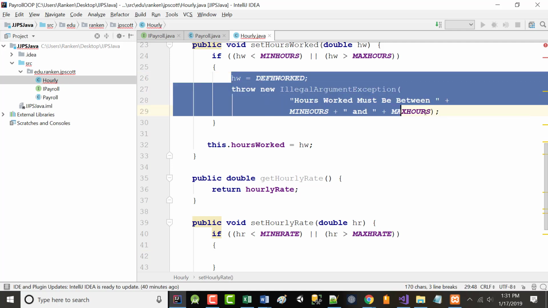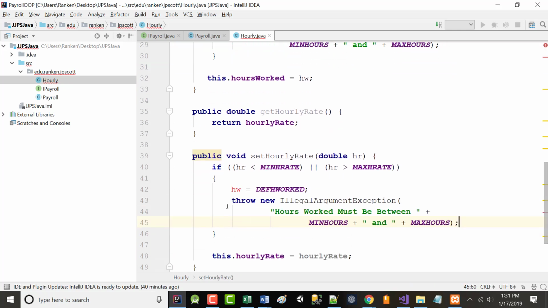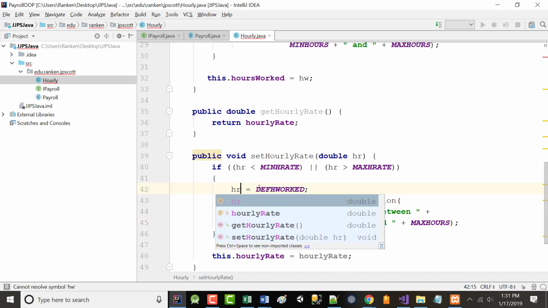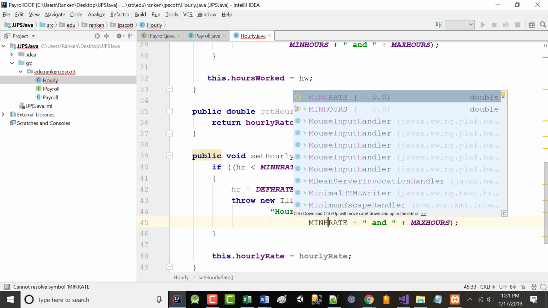So I'm just going to grab this and modify it. I think it'll go faster if I do that. So I'm going to say HR equals def H rate. Throw new illegal argument exception, and this will say hourly rate must be between min rate and max rate. Oh, it's min H rate and max H rate.